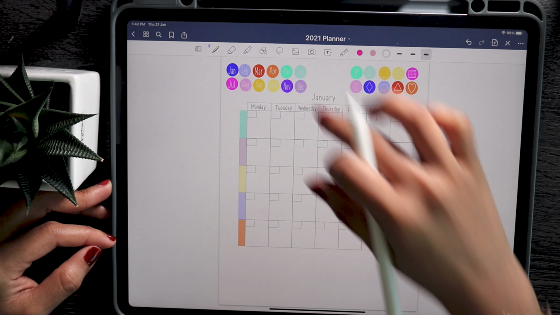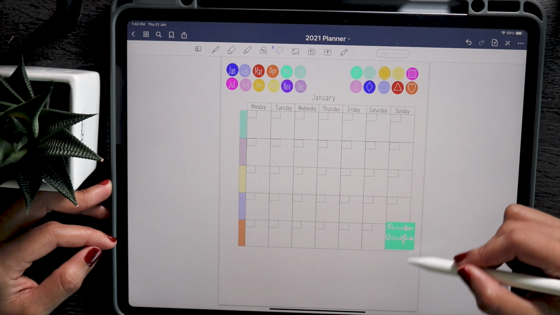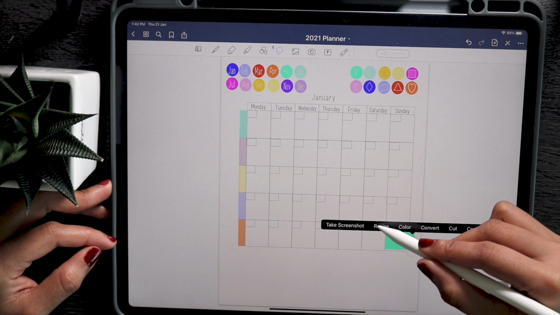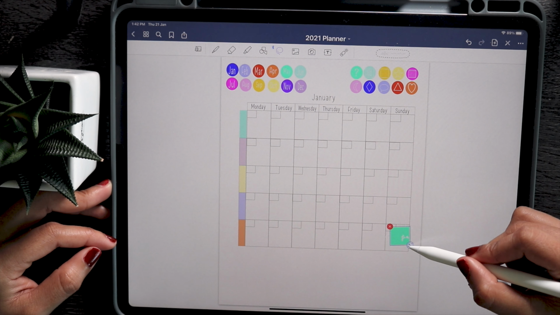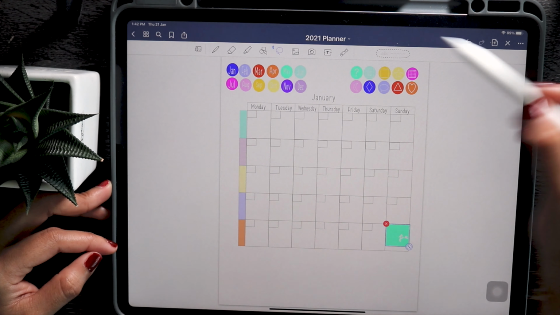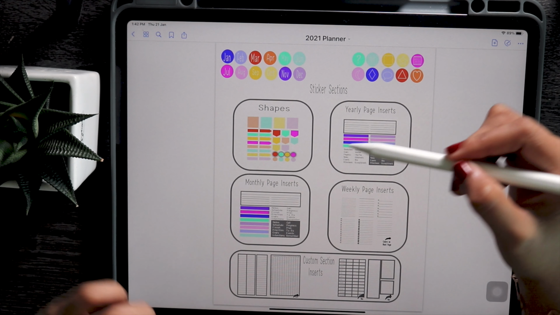You may also want to add something down here in this blank section, and let's say you realized you need a little more space right here. You can grab your lasso circle, whatever you have added, tap one time, resize and just make it smaller. So that fits a little better right now here. So let's go grab a box to put in here.